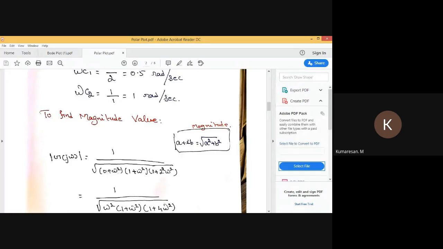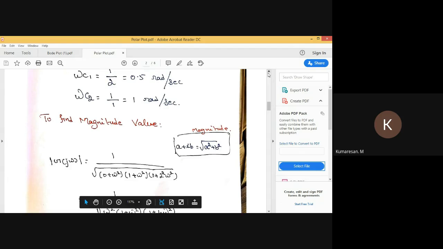So 0 plus omega square: a is 0, b is nothing but omega, so 0 plus omega square. Then the second term, 1 plus j omega: a equal to 1, b equal to omega. So 1 square is nothing but 1, giving 1 plus omega square. Then from the third term